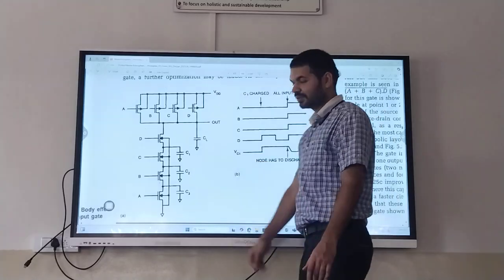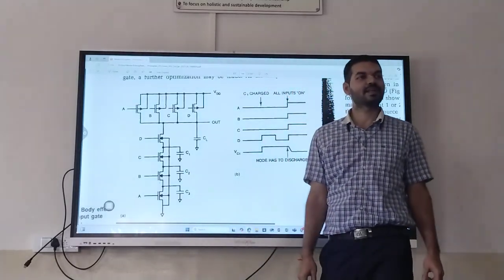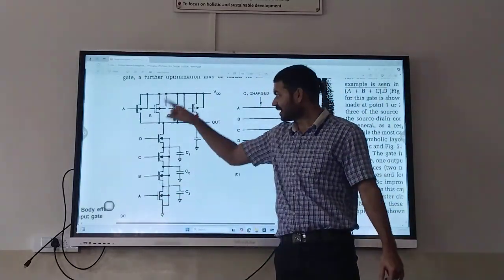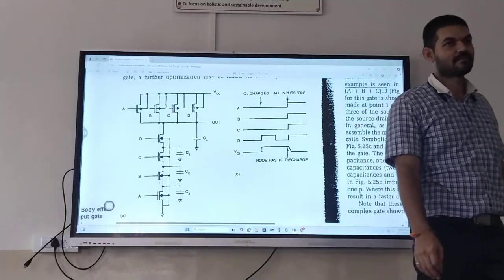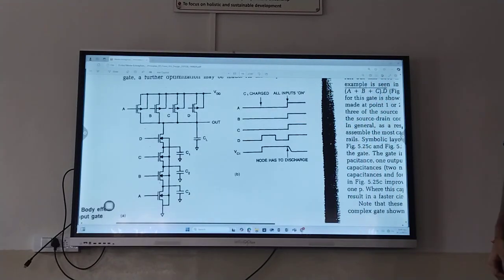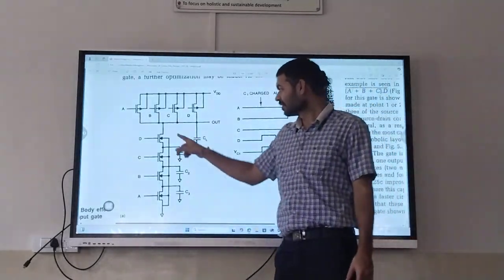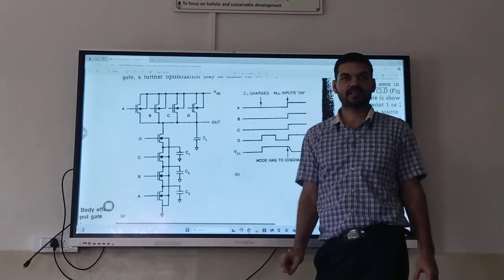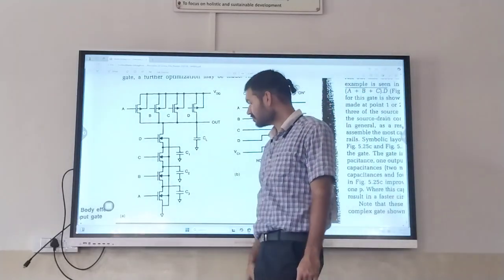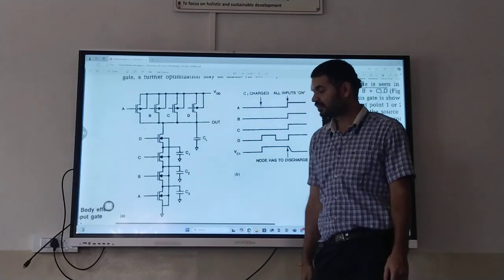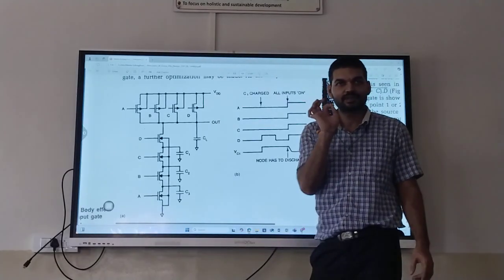Now, which gate is this? 4 input. NAND or NOR? NAND or NOR? NAND, because they are in series. Dot means in series. 4 input NAND. Correct. Now, 4 input NAND gate. If you observe keenly,